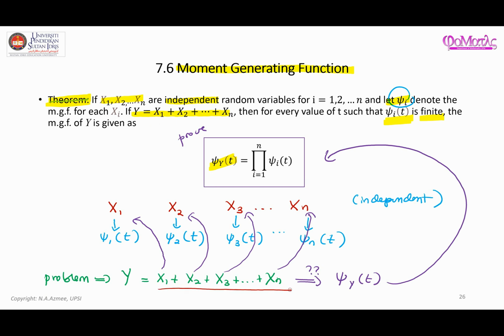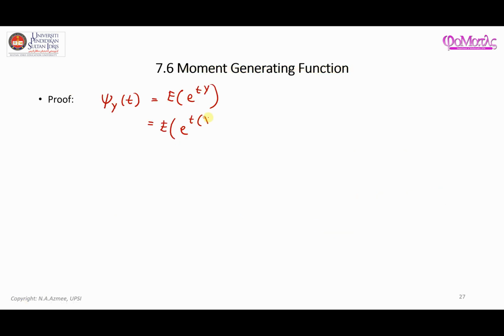So this is our y, so just replace that, x1 plus x2 plus x3 up to xn, and we're going to expand it, so it becomes t x1 plus t x2 plus t x3 up to t xn, and using the law of exponents, that becomes